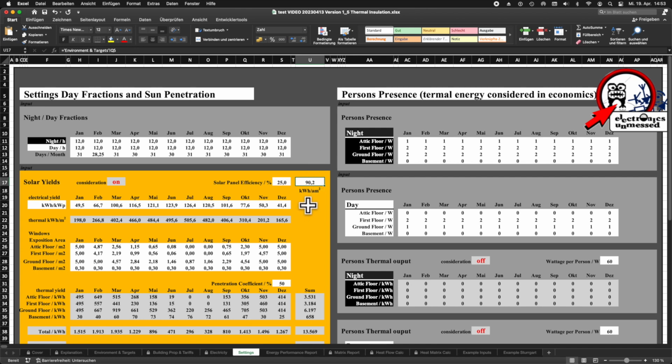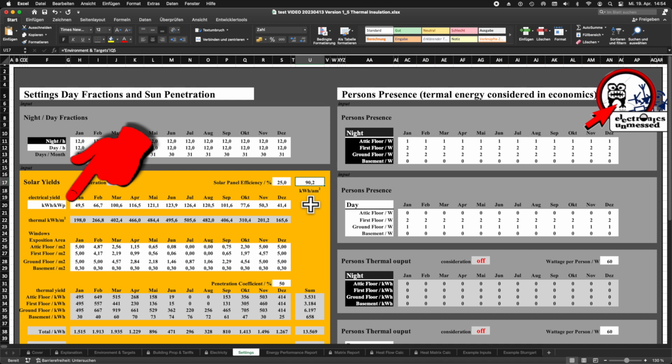From where can we get this data? In a previous video, I have shown a website from which you can get the so-called solar yield from practically anywhere in the world. I will link you to the video at the top right. With a little trick, we can calculate the strength of the solar radiation. What we get from that site is the so-called solar yield per month, and we enter it here.